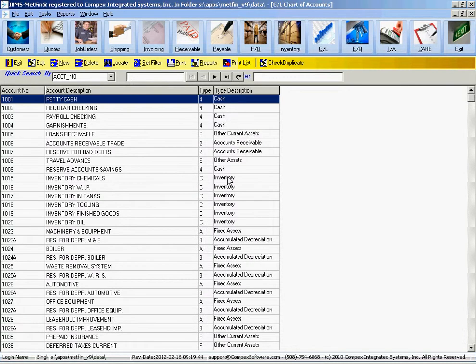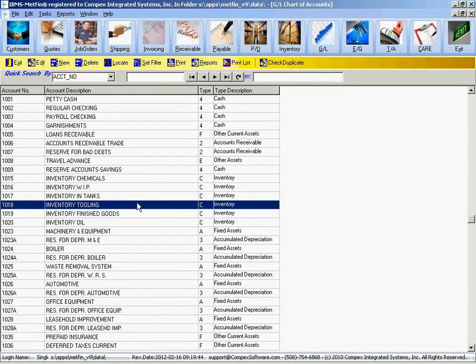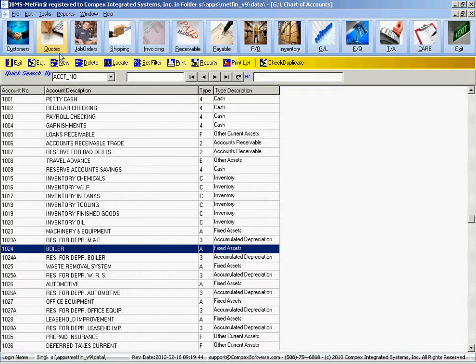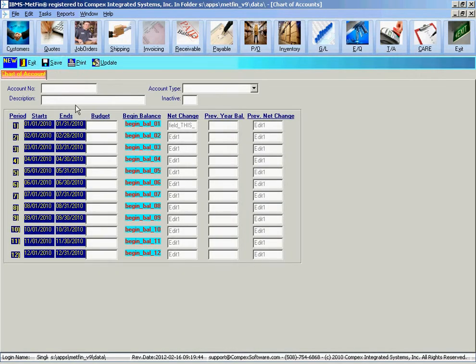So as you can see here, to add a new account, all you need to do is simply click on New. Okay, so click on New. Here, the first thing you need to fill out is the account number. It needs to be a unique account number. So for this example, I'm going to put in, let's say, 5390,